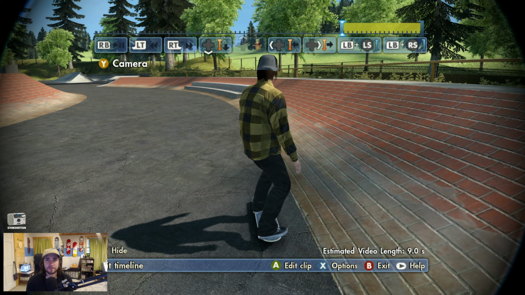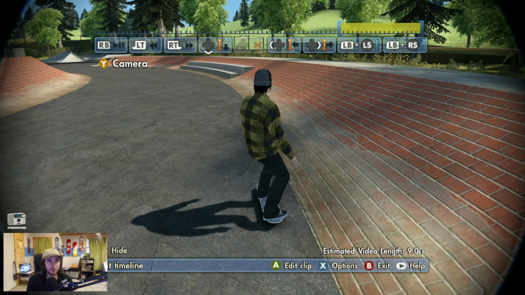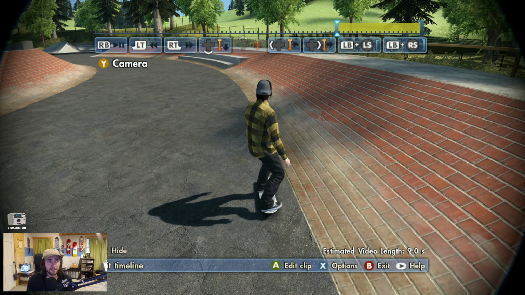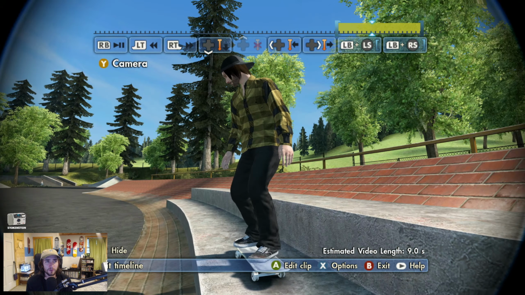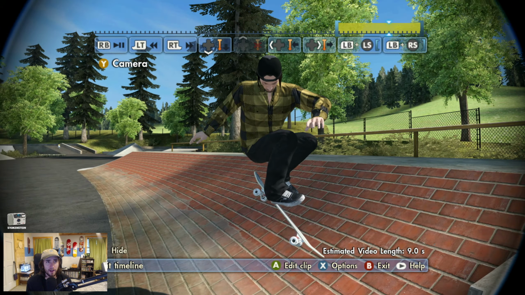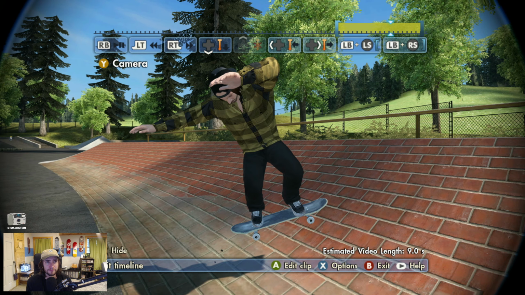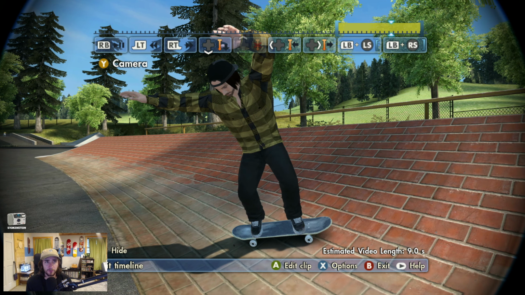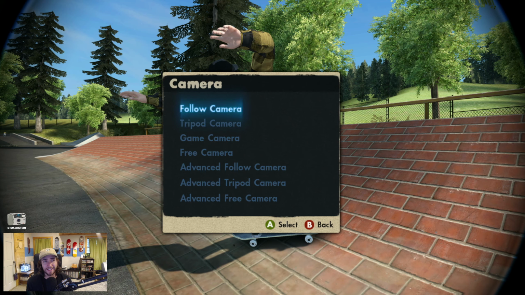So to get started, I've already cut this clip down to the length I need. I've given myself just a little bit of room here to do some artistic stuff at the beginning that I'll show you. First things first, let's do the glitch. Once you're at this point, use the right trigger to cycle through the timeline to about 3/4 of the way through. Press A to edit clip, go down to advanced free camera,